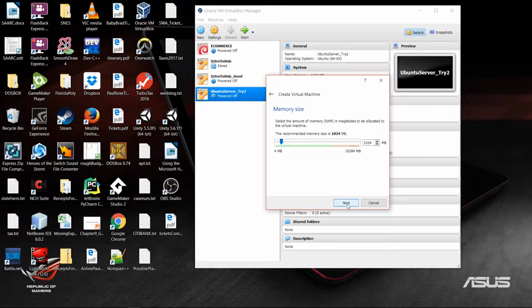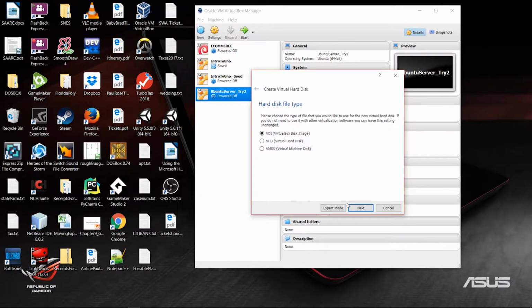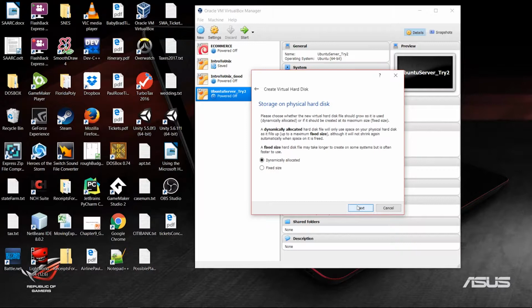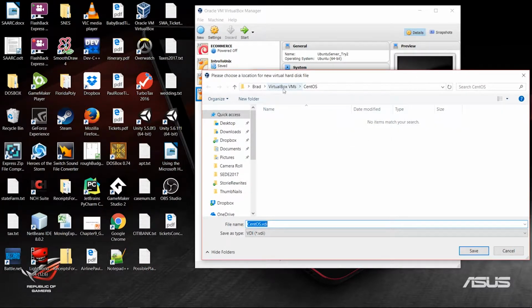Hit next. 4 megabytes should be fine for memory. Create a new virtual disk drive. We'll do a VDI again, dynamically allocated. We'll select our same folder that we